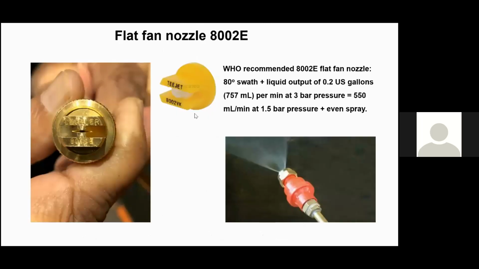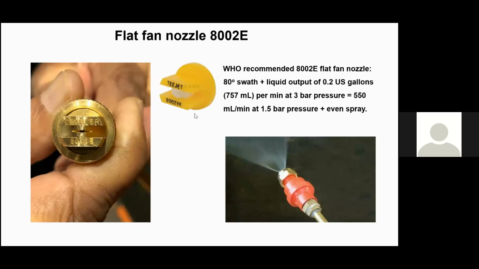Now, coming further to the nozzle type, we use the flat fan nozzle 8002E. This is the WHO recommended nozzle. Many manufacturers in the market manufacture this type of nozzle. We can see one picture, that is a ceramic nozzle, 8002 VK. This nozzle gives an 80 degree swath on the walls when the nozzle is kept at 45 centimeters away from the spraying surface, and the liquid output is